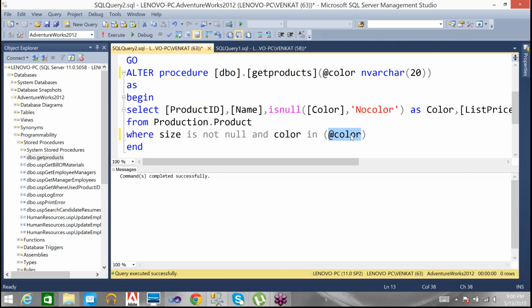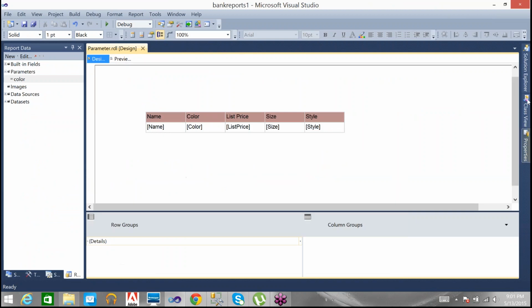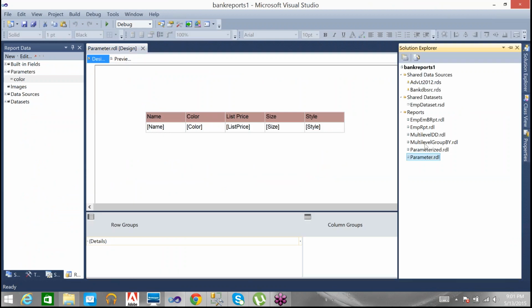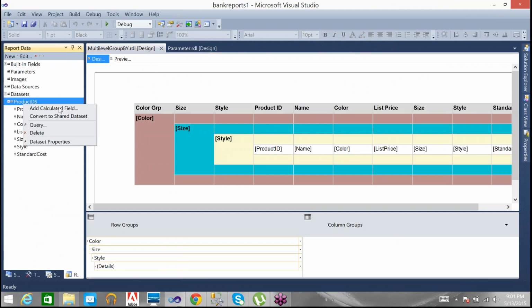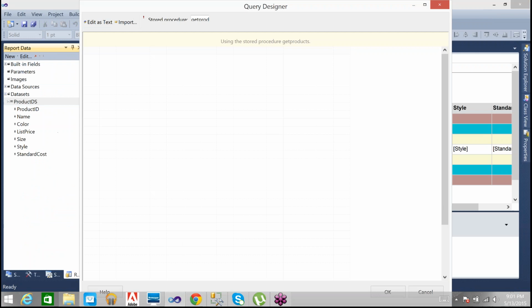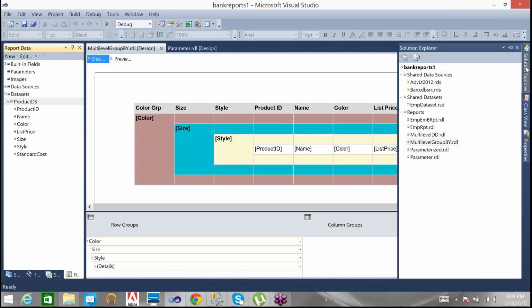You cannot add multiple colors. If I want to add multiple color values, then I need to declare one more parameter. Then I need to use the comma here. But in this situation, it is better if you want to use the query as it is, like what we are using here. Oh, here also we are using a stored procedure.